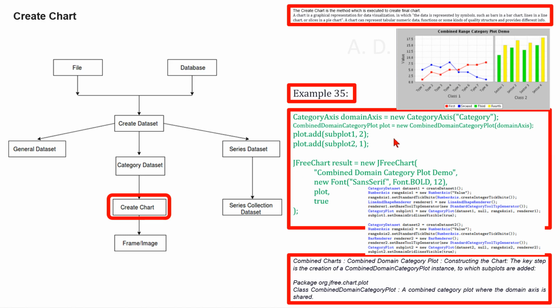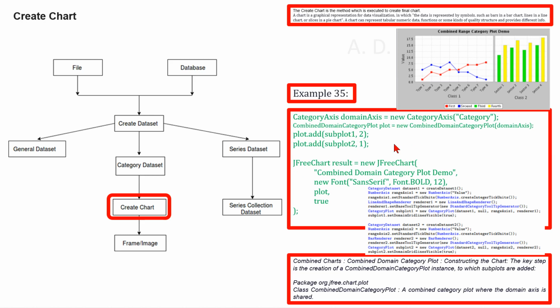The demo application, for example, CombinedCategoryPlotDemo1.java, available for download with the JFreeChart developer guide, provides an example of how to create this type of chart. The key step is the creation of a CombinedDomainCategoryPlot instance to which the subplots are added. Category axis,